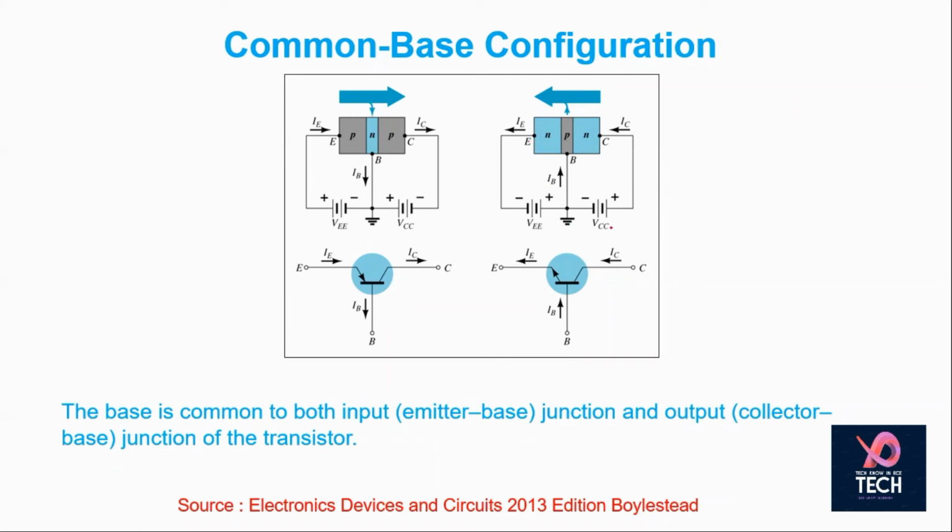So here what you are supposed to do is, your collector base voltage is to be fixed. That means you are not supposed to change this particular voltage. Second thing is, you are only going to change this particular voltage, VBE. In the diode, we are changing VDD. Here we are changing VBE, the voltage across the base and emitter terminal, and corresponding to this variation, we will note the current, the emitter current.